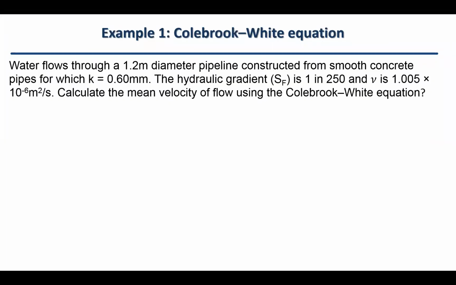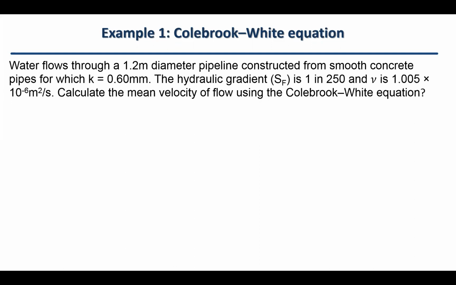Okay, in the first example, we're just going to see one simple application of the Colebrook and White equation. So we have water flow through a pipe with a diameter of 1.2 meters, constructed from smooth concrete pipe in which k, the height of the protrusion, is equal to 0.60 millimeters. The hydraulic gradient S_f, which is the hydraulic head loss divided by the length,